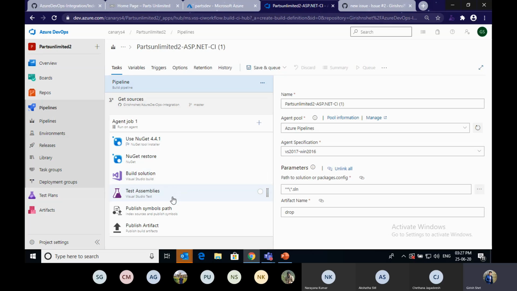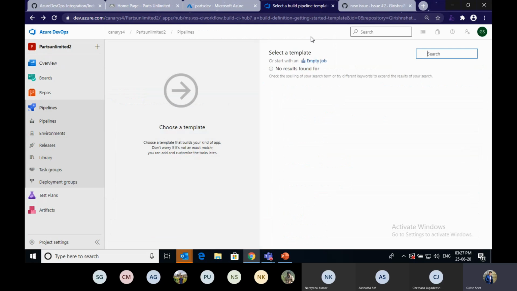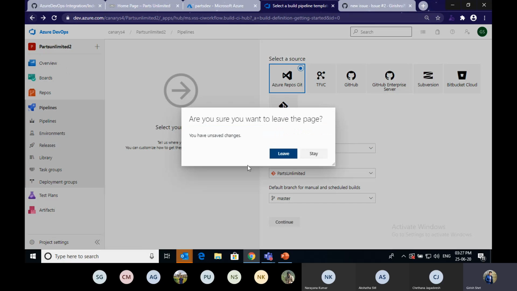Publish symbols is for debugging purposes, indexing your source code, and publish artifact is to publish the artifact to a particular location. This is the way you can integrate your GitHub with Azure pipelines.